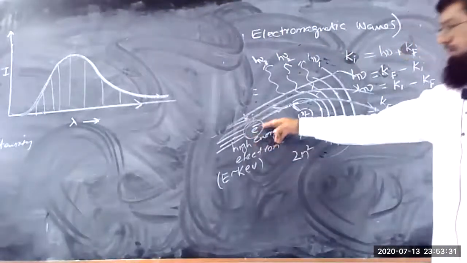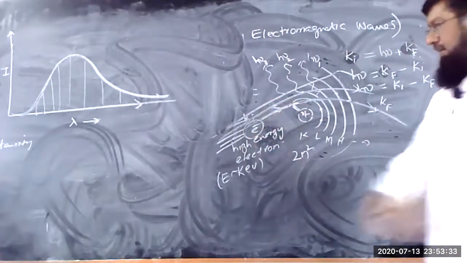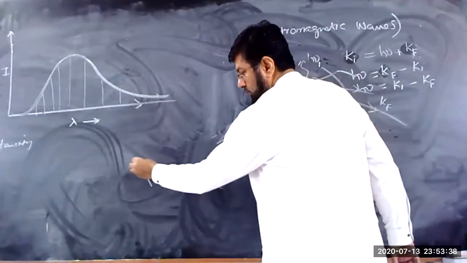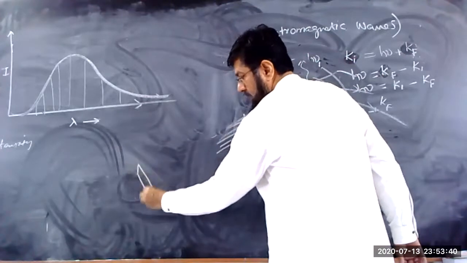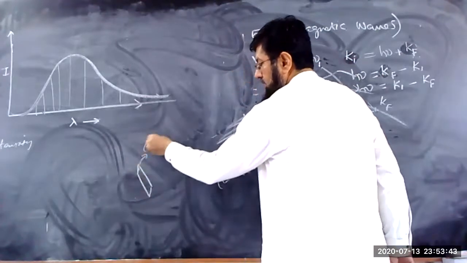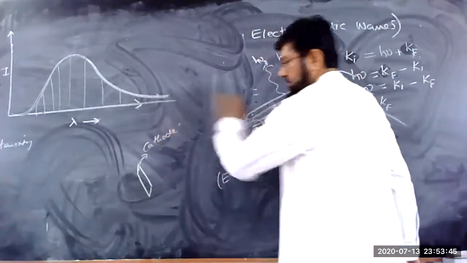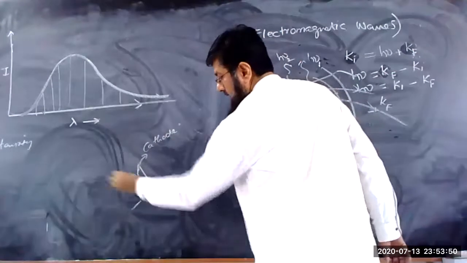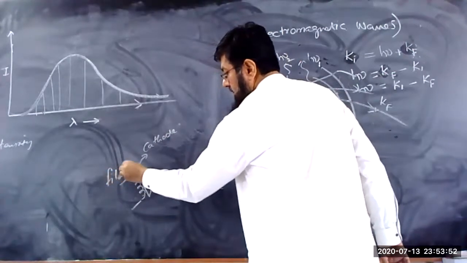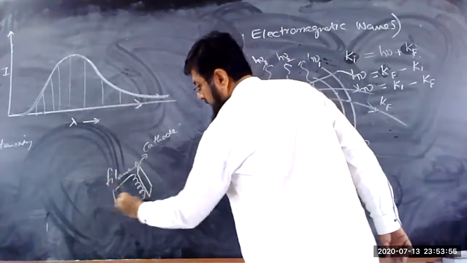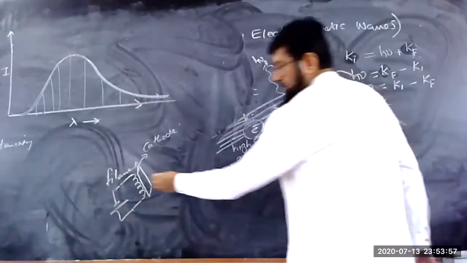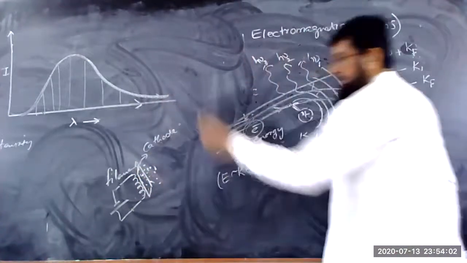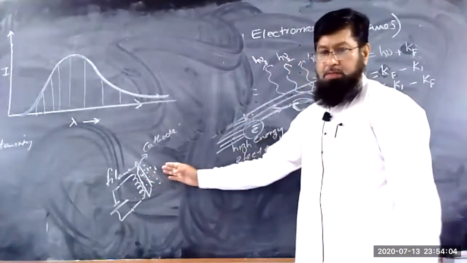This electron is coming with energy. If we say how this electron is coming out here, suppose this is the cathode, the plate, we call this the cathode. This cathode is heated with the filament. This is called the filament. The filament is heated with a few volts. As a result, the electrons are emitted out. These are the electrons which are emitted out from the cathode.